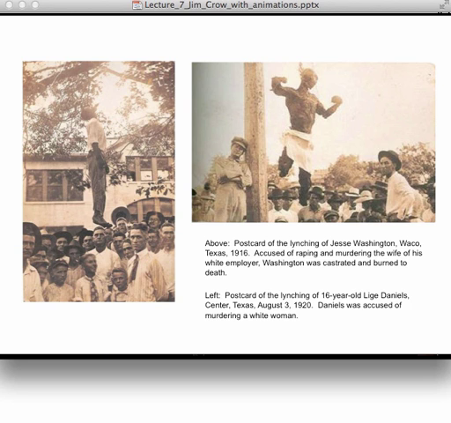The young man on the right, Jesse Washington, suffered even worse torture. Jesse Washington was accused of raping and murdering a white woman. And so, before he was actually killed, the white citizens of Waco, Texas, castrated him. They cut off his fingers one by one. And then they hanged him, but underneath the noose, they built a fire. And slowly, over a period of 2 hours, Washington was murdered and tortured to death by being raised and lowered into the fire.